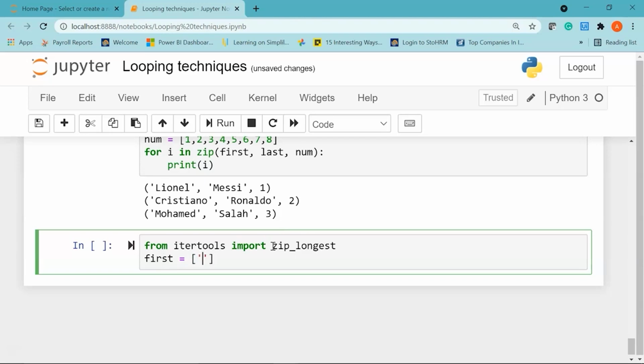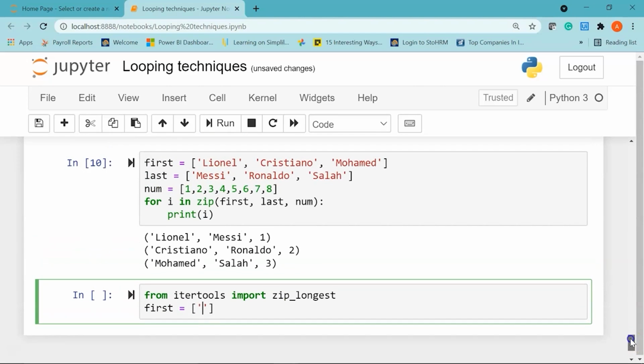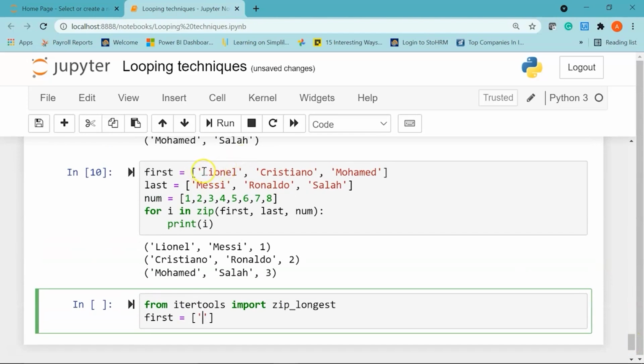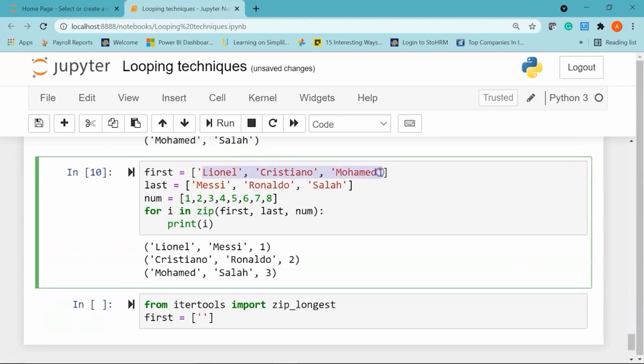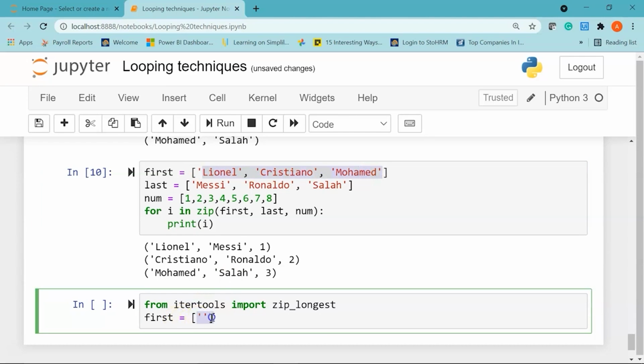Let me go to the top and copy the elements because we are going to use these same elements again. I'll paste it here, and I'm again going to use the 3 elements.